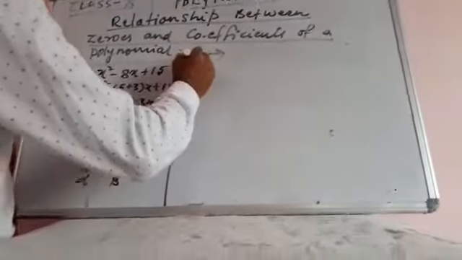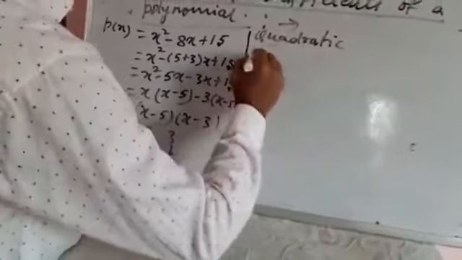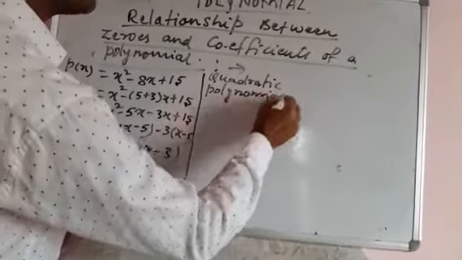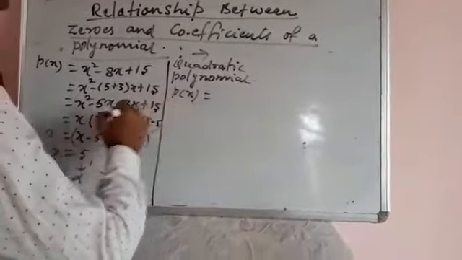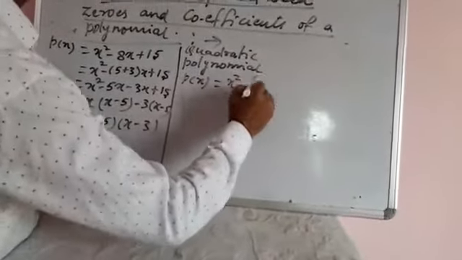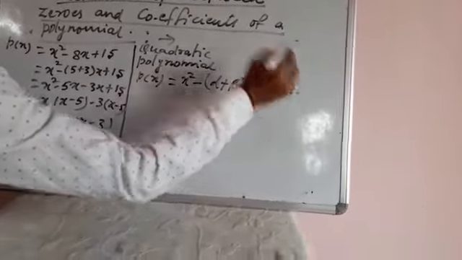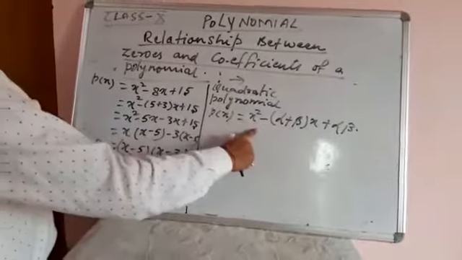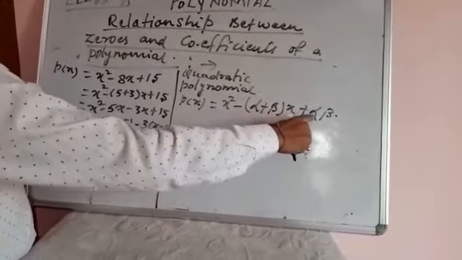अब quadratic polynomial का फॉर्मूला होता है. क्या फॉर्मूला होता है कि अगर हमको quadratic polynomial बनाना हो तो p(x) equals x square minus (alpha plus beta) into x plus alpha into beta. इसका मतलब समझना आप, x square minus sum of the zeros of the polynomial into x plus product of the